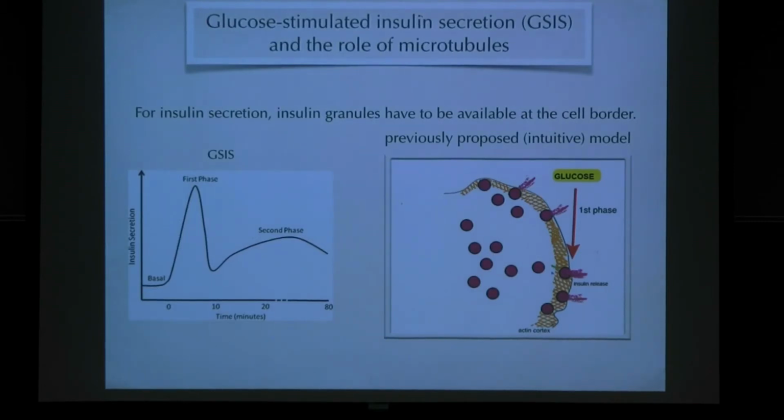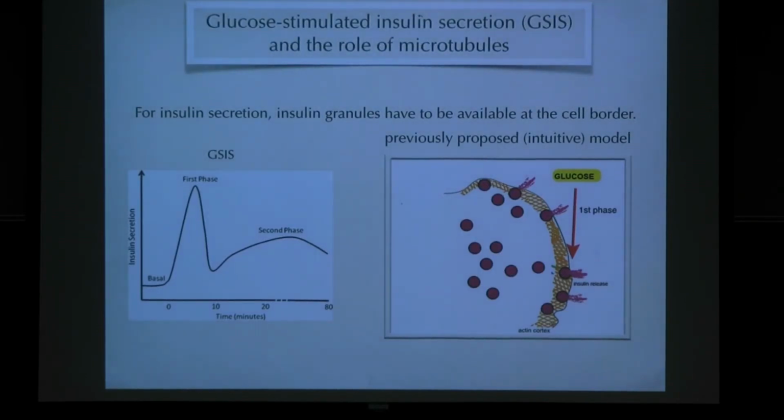So the first wave is our first phase of secretion. It's rapid secretion of a high amount of insulin, and then there's this sustained or second phase, which is longer but less intensive. When people have been thinking about the role of microtubules in those two-phase secretion, they come up with their intuitive and very logical model